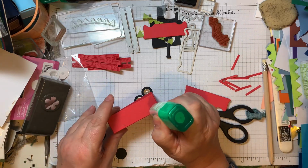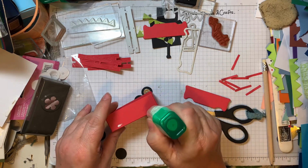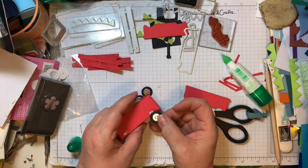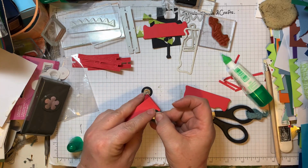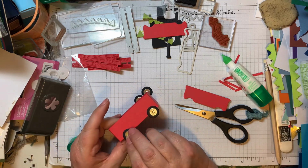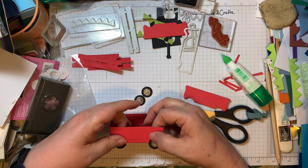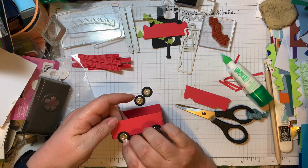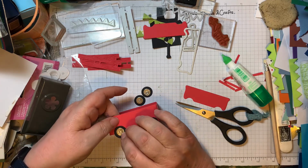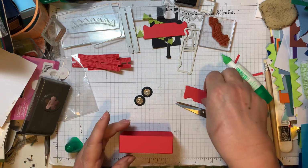And I'm going to put some glue there and there, like that. Now these can go just slightly under or higher than that. So there. So you won't see where the pencil line is if it sticks. There, like that. There we go. So that's 2 wheels, and then on the other side,